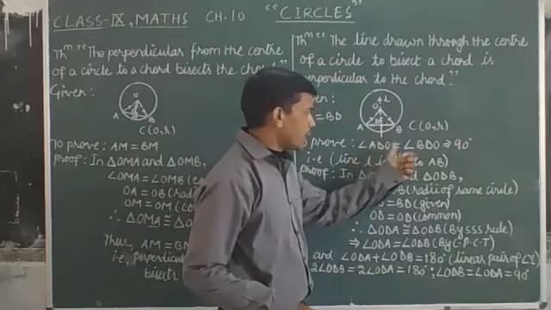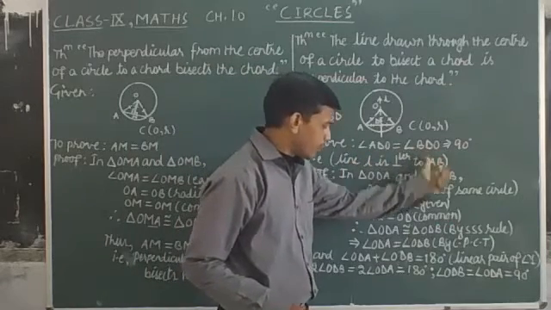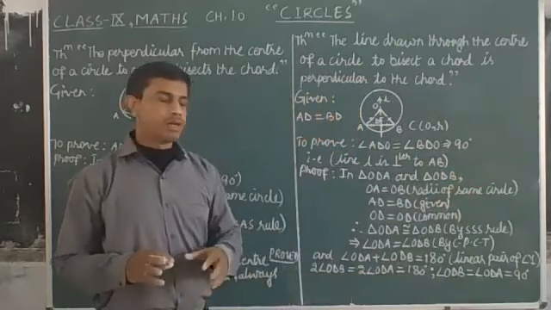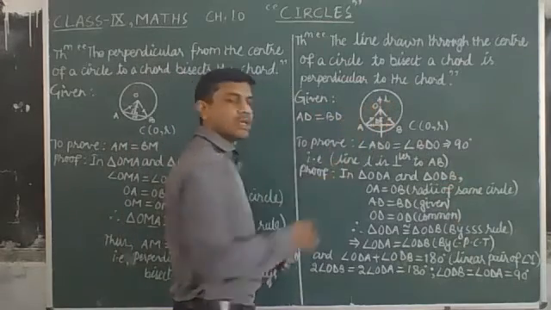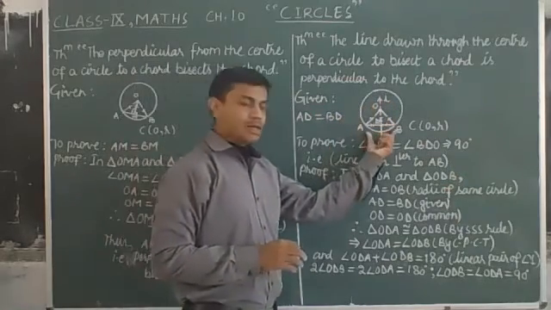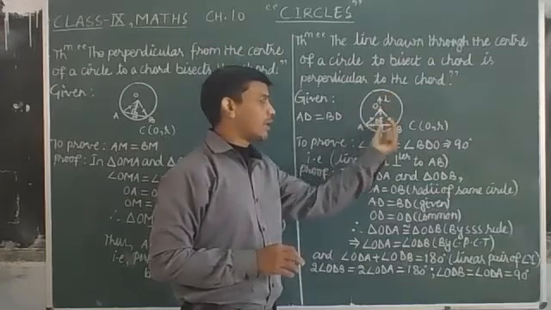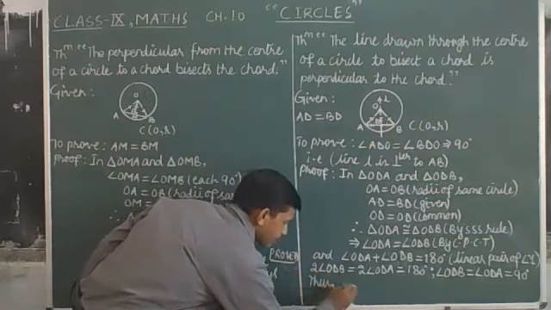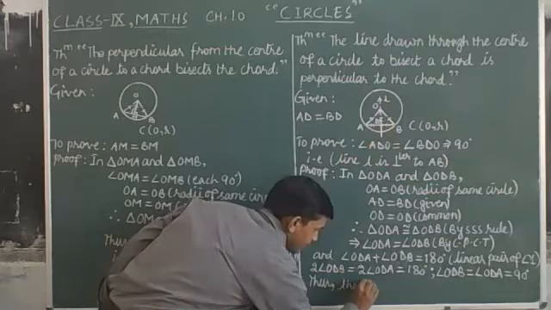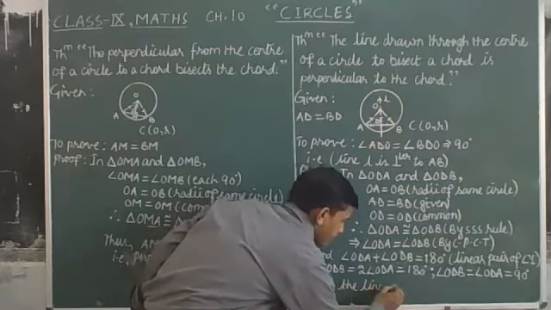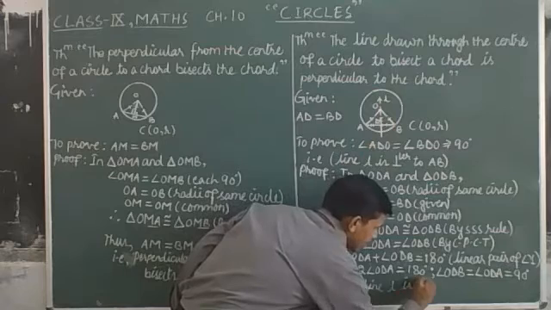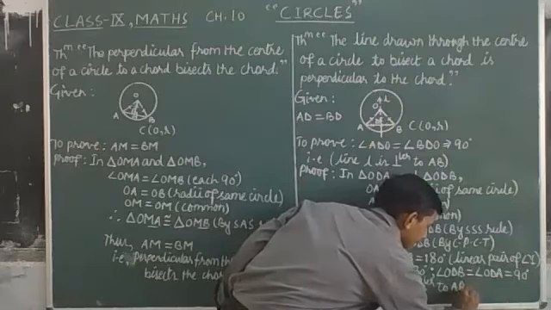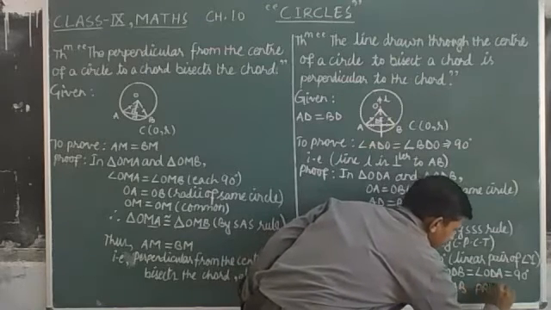So as angle ODA equals angle BDO and each of them is 90 degrees, we could declare that yes, the line L passing through the center O and bisecting the chord AB at D is perpendicular to the chord. Thus, the line L is perpendicular to the chord AB. That's true.